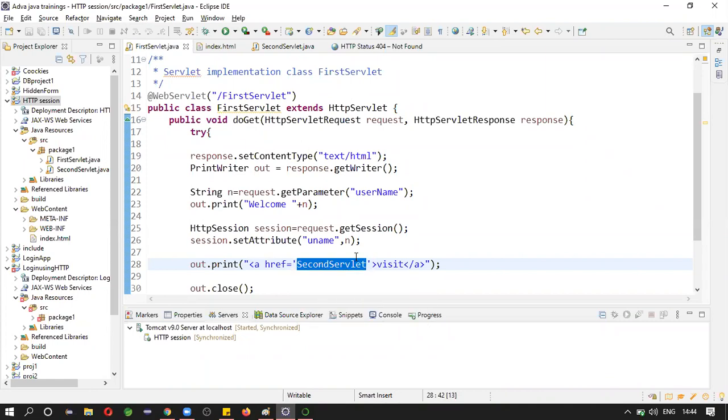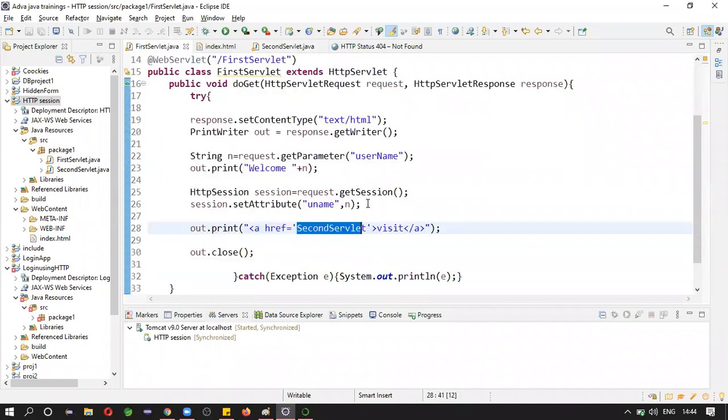Like that you can do. So from here we are redirecting.